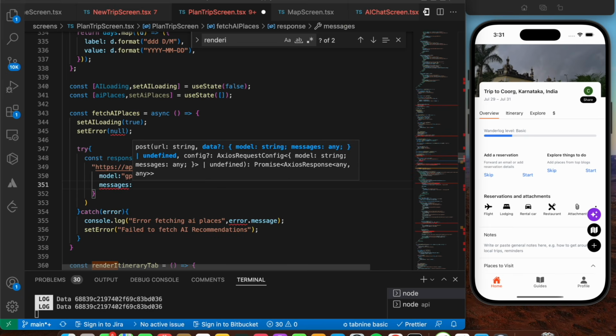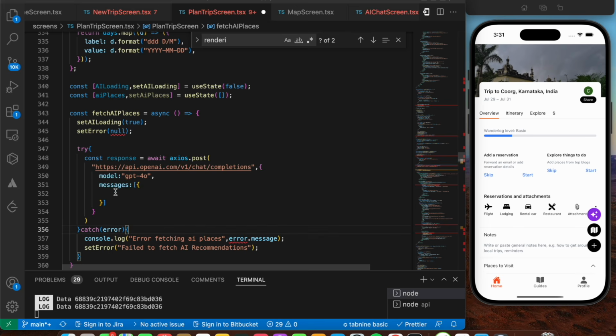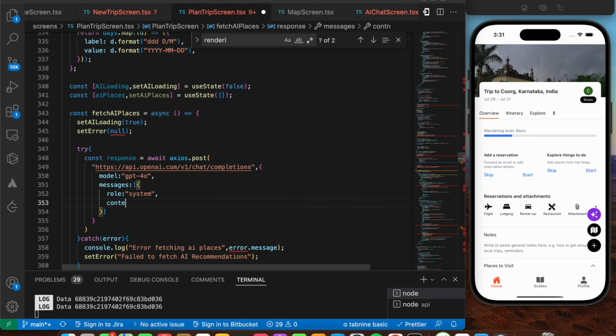You're going to have in your messages array containing your role. So here I'm going to say role is going to be of the system. We need to have in the content for the system. So we're going to say you are a travel assistant for, let's say, $trip name